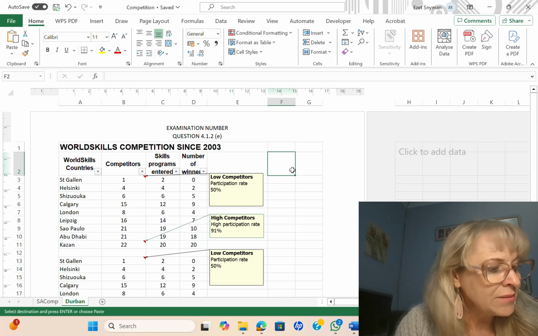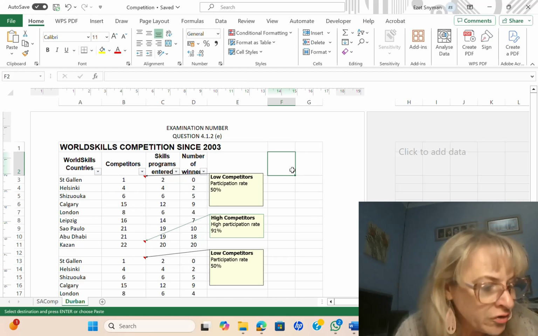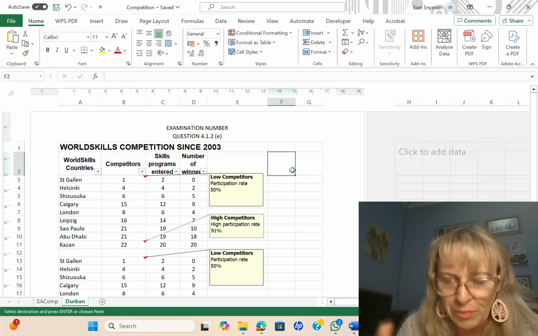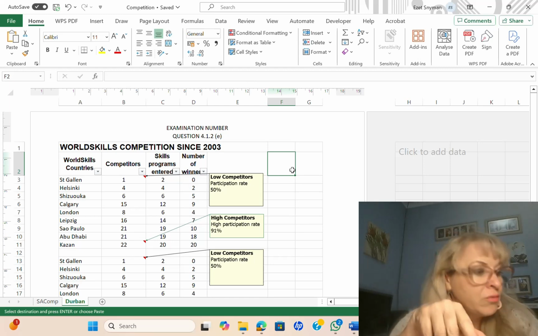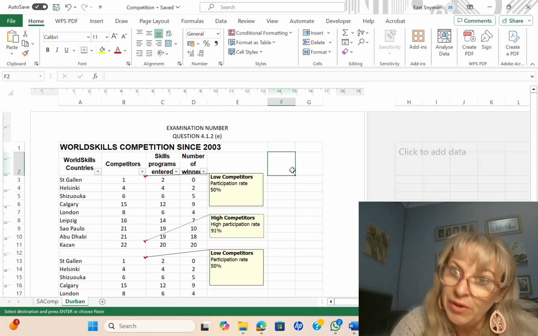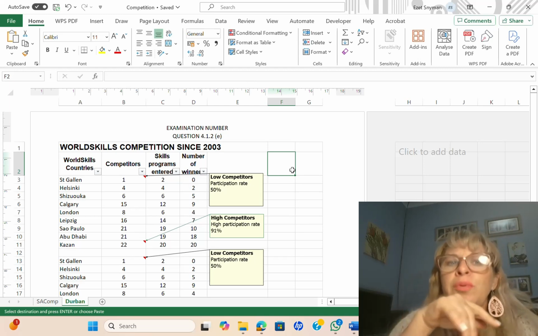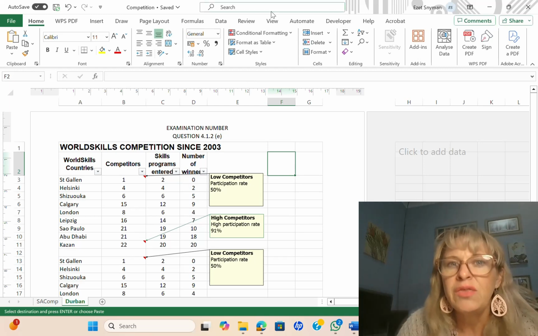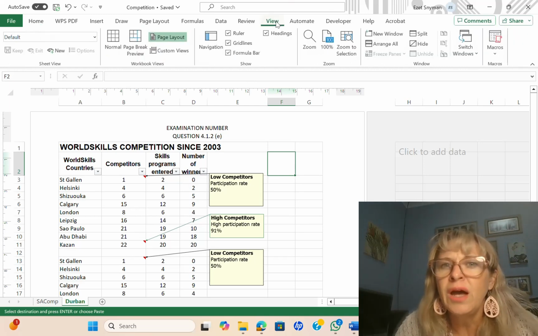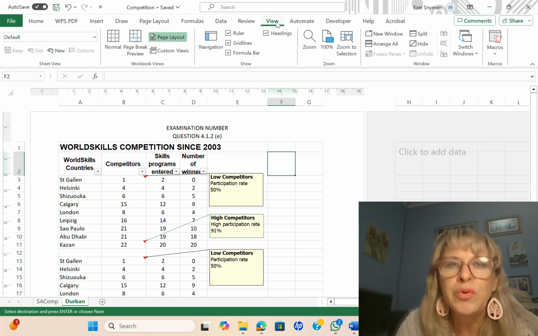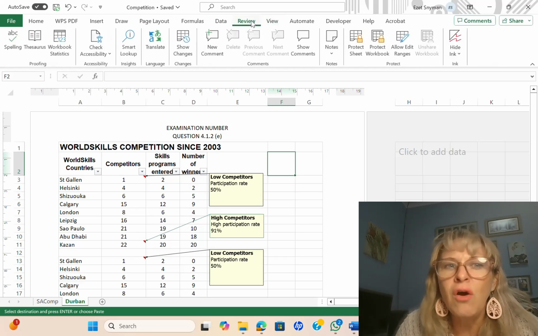Then they say F, print the worksheet with row and column headings on one portrait page. All right. So remember, we are still working on the Durban worksheet. So before you then print, you have to activate print headings, and it's on the, sorry, I need to now look for it.